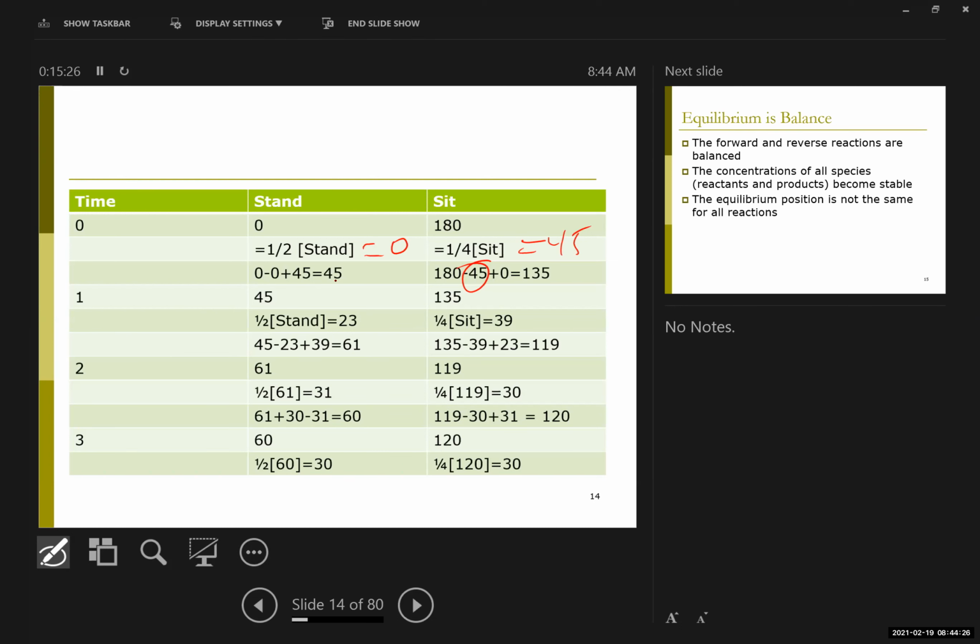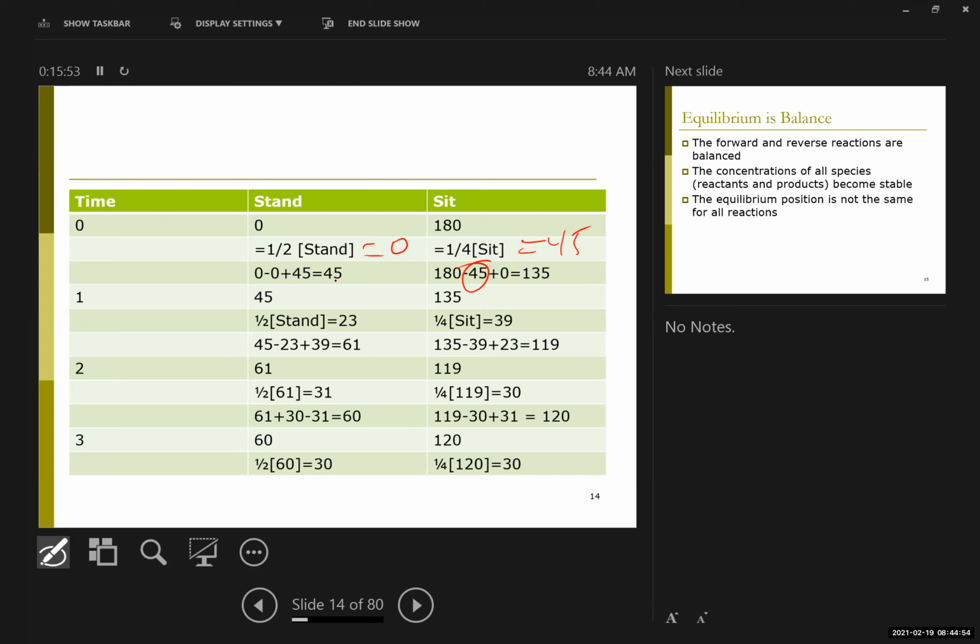So in fact, I cannot do initially the forward reaction. I don't have the reactant, right? And so in that first time interval, 45 people who were sitting stand and 0 people who were standing sit. And so I have a net change of 45 people, right? I now have 45 people standing, and that leaves me with 135 people sitting,